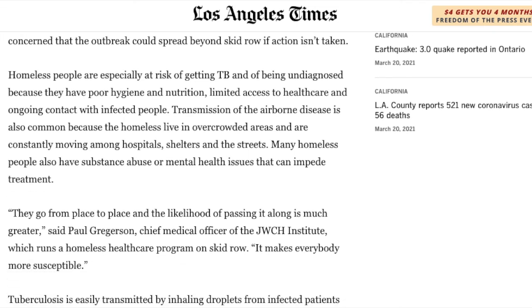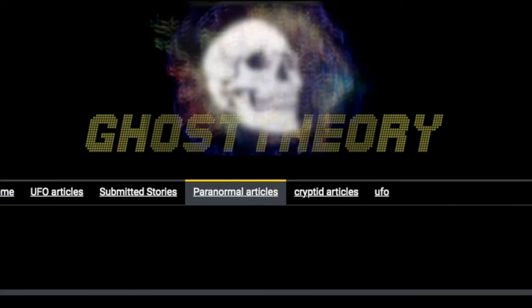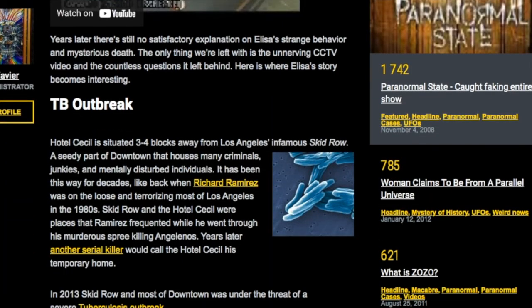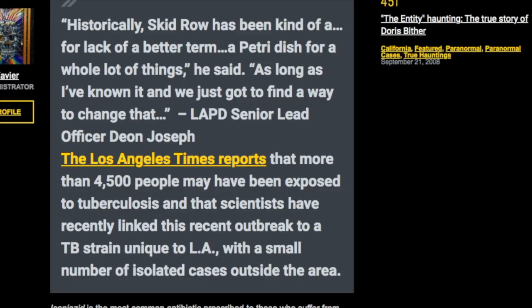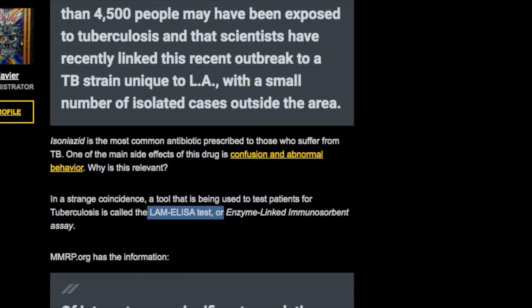For tuberculosis. And now this is my kind of conspiracy theory. If you're going to throw a conspiracy theory out there, it's good when it involves something that really happened. It was a real outbreak of tuberculosis. It involves the CIA slash deep state, which you've got to throw in anytime you have a good conspiracy theory, right? And you're going to get to this in a minute, but the name of something. This is your coincidence. I liked this one. So basically, they had this huge tuberculosis outbreak, and they were rounding up people,